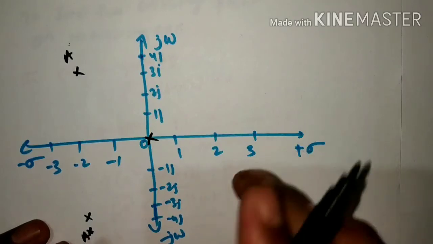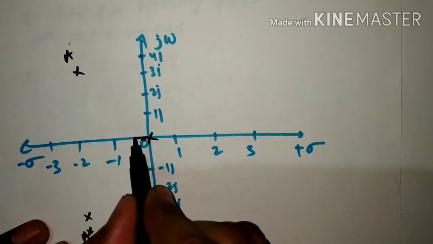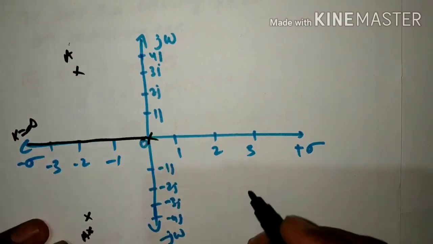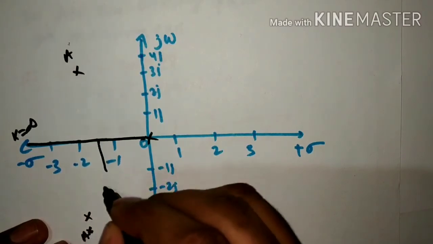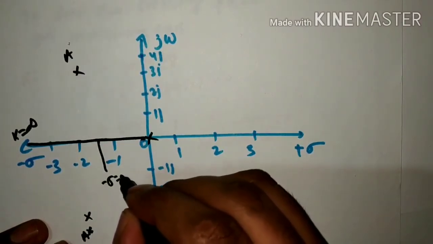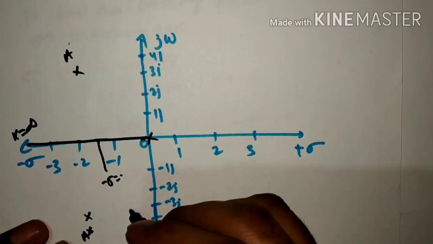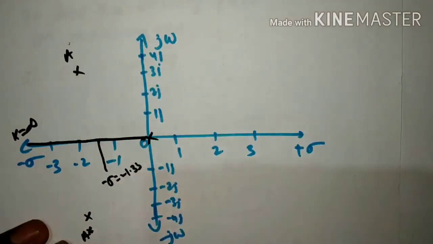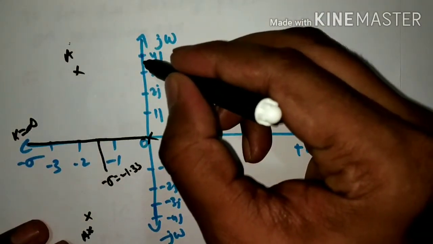By the second step we find the root locus segment on the real axis. This lies entirely on the real axis and terminates at k equal to infinity. So you have to find the centroid. What is the centroid? The centroid is minus 1.33, right? From the centroid, at an angle of 60 degrees, we have drawn it.